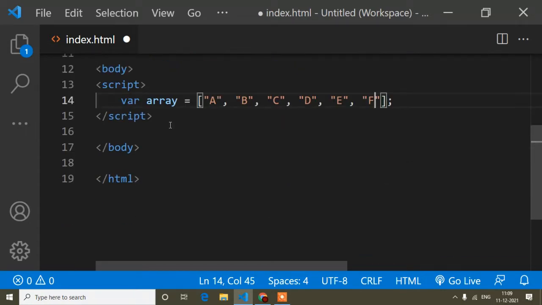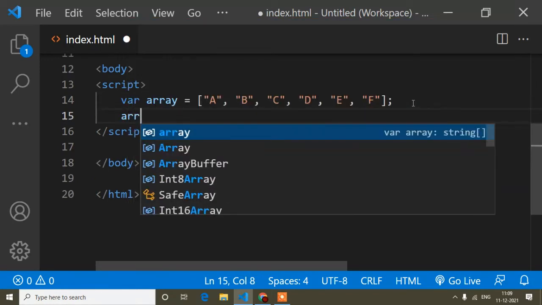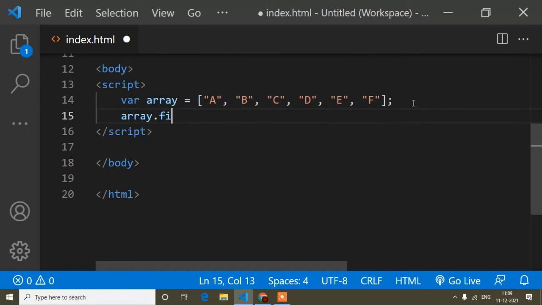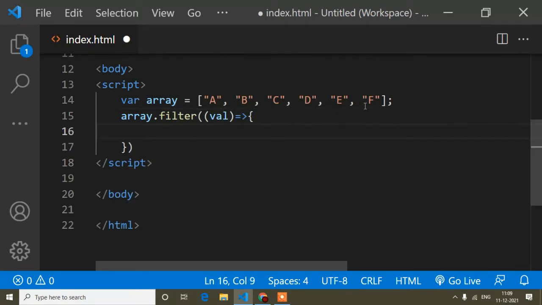Guys, when we use filter, most of the time we filter the array based on a value. Suppose we have to filter the data so that, apart from a, we need all the data. We can do that. If I write array.filter, the filter method loops through our array.